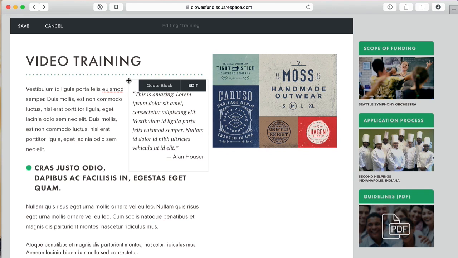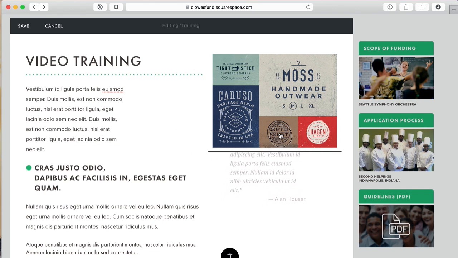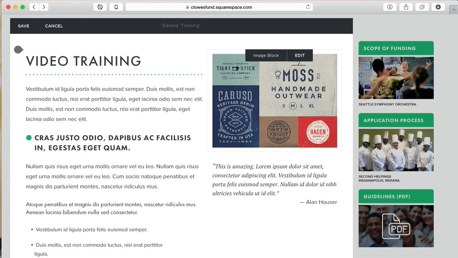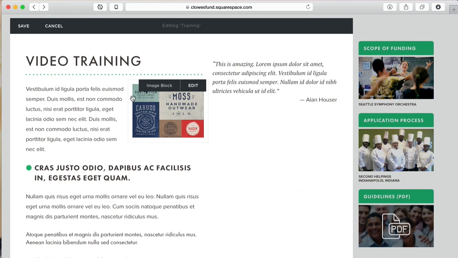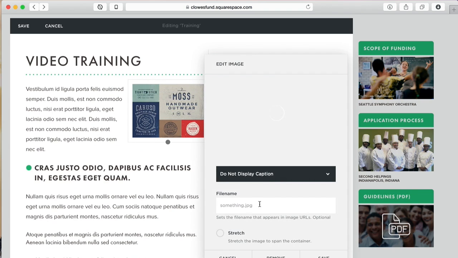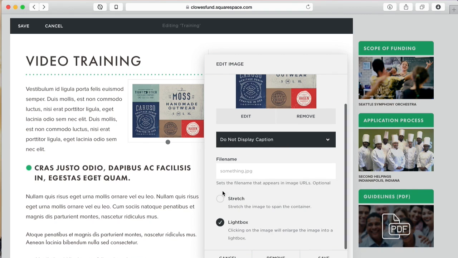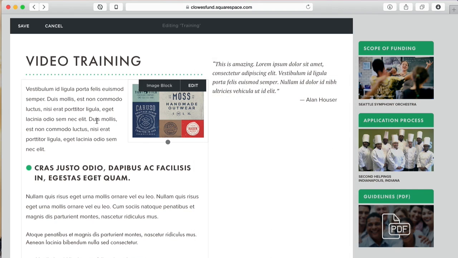But anyway, I would generally put a quote maybe over on the right side or the left side, and then maybe your image could be that kind of floated element. You can also resize this as well, and you think, well, that's tiny, but we also want people to see it. We can go ahead and make this a light box image, so that when people click it,